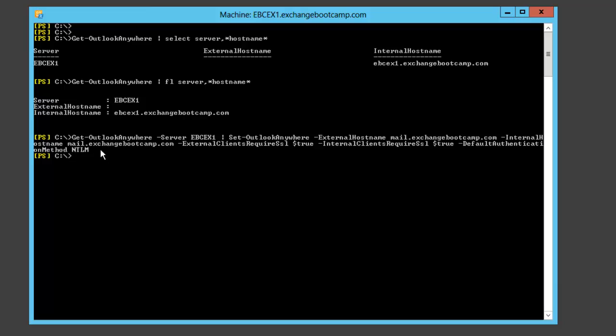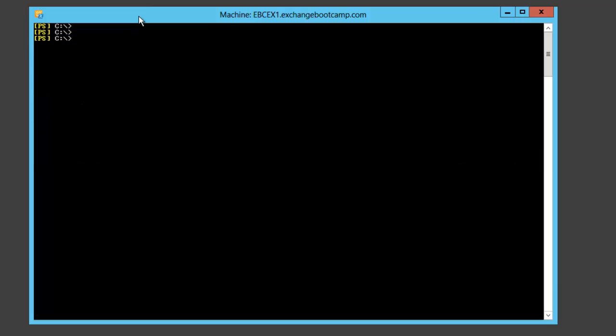Looks like a long command, but it's quite simple. We're just configuring Outlook Anywhere to use that external hostname, that internal hostname, and setting the SSL requirement for both internal and external connections, and also the authentication method to NTLM. It's just that simple. There's nothing really complicated there. So let's move on now to